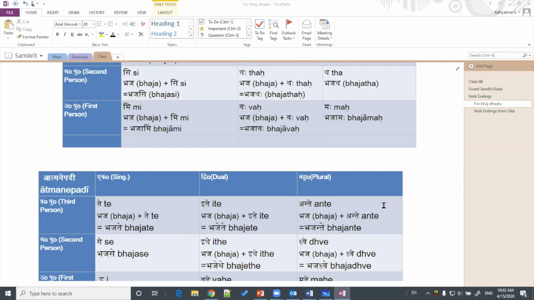The question is, why is the ending called padi, not pada? The verb, actually dhatu, that kriya, is actually feminine. That's why it's called padi, not pada. Atmane padi, parasmai padi. As I said, in Sanskrit, the gender is more related to the word than the object. So because of that reason, it is called parasmai padi, atmane padi dhatu.